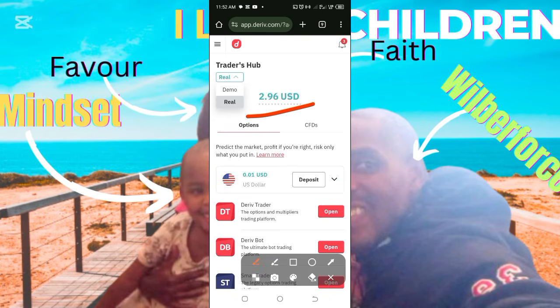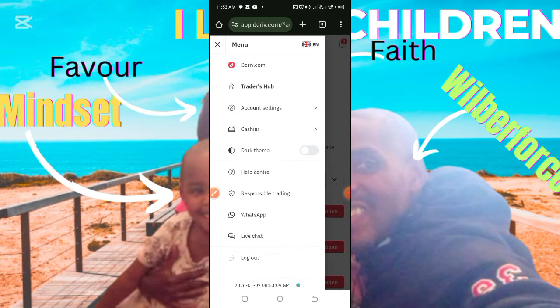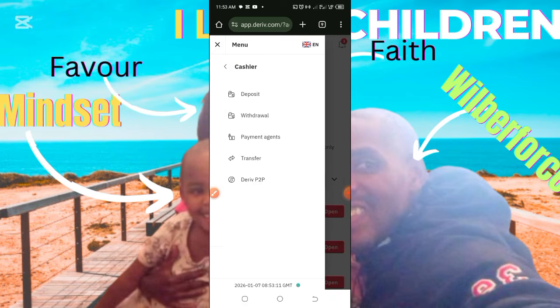I'm going to transfer some funds, which is 2.95, from my MT5 to my CR account. Then I can trade using my real account. To do so, just watch what I'm doing: I'll go to the 3 bars at the top left, then I'll go to cashier, then I'll go to transfer here,